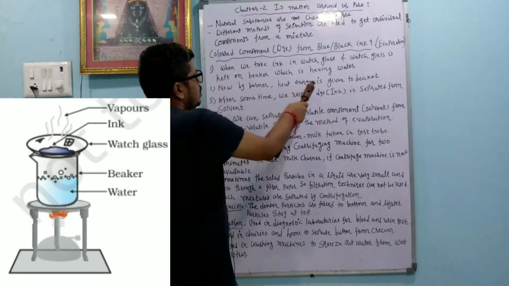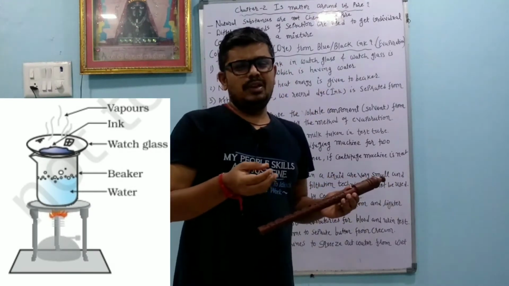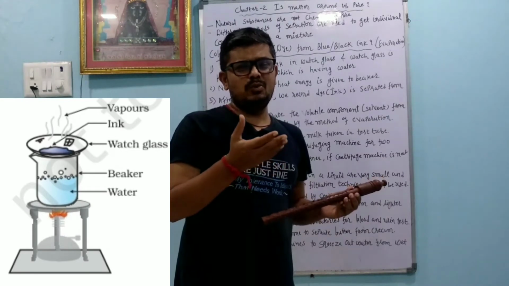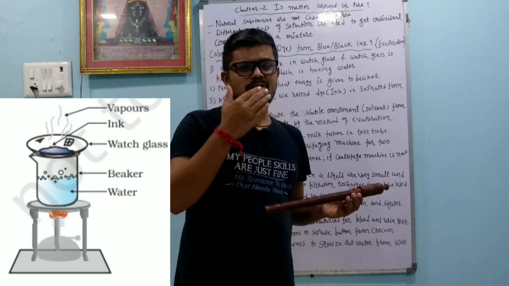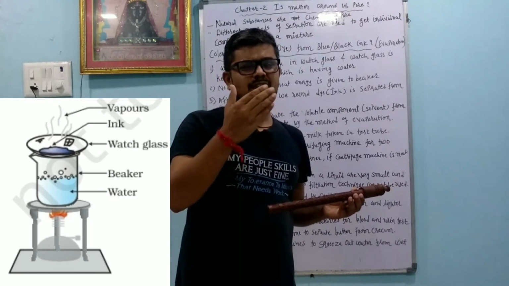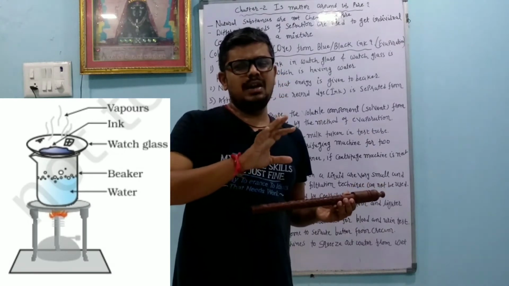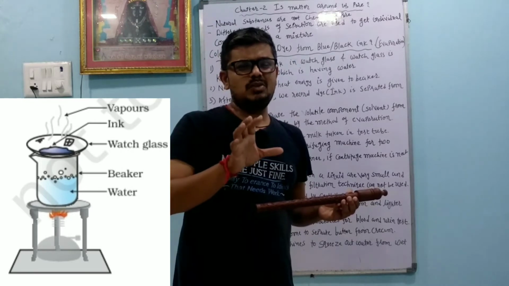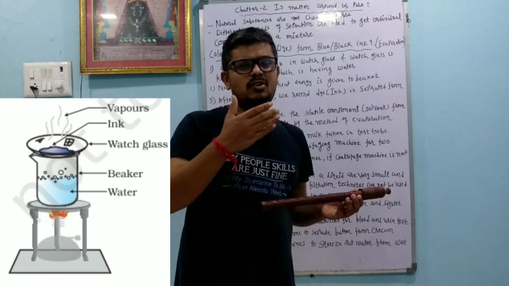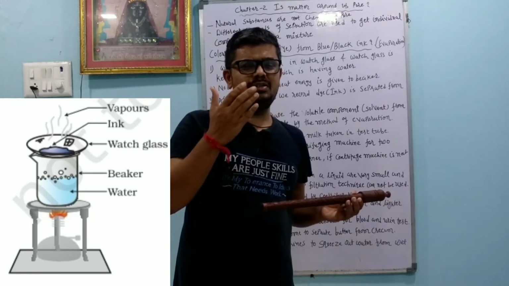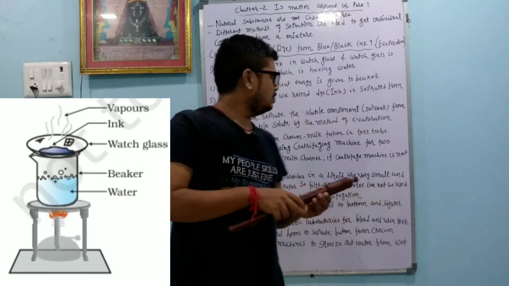Now by the burner heat energy is given to the beaker. So when we light the burner, the heat energy first goes to the beaker, and the water in the beaker will start boiling and convert into steam. The heat energy in the steam goes to the watch glass. The ink in the watch glass has two components. One is dye and the other is what? Solvent. That solvent is easily volatile, easily converted into gaseous form. So by the heat energy of steam, it is easily converted into the gaseous form, and finally in the watch glass what remains? Dye remains.